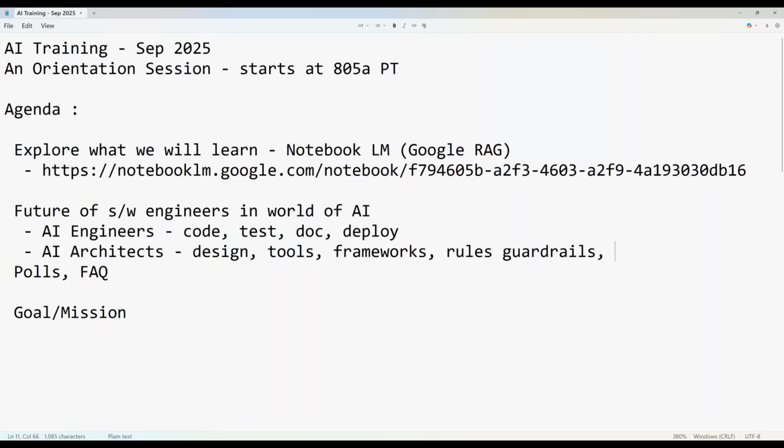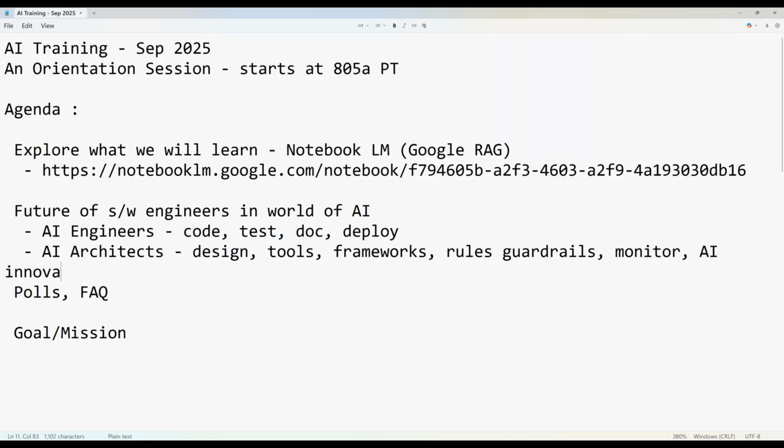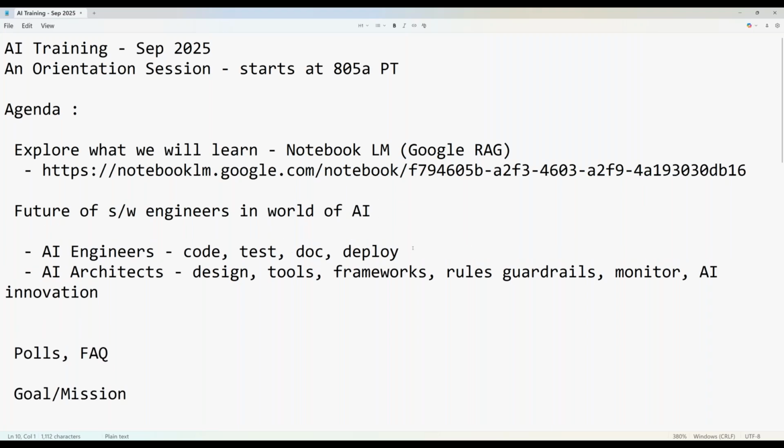And they make sure they monitor and constantly bring AI innovation into the teams. This is all that is their team. If I am an entrepreneur, and if most of the entrepreneurs think the way even I am able to think, all they need is to hire two people, AI engineers and AI architect. Have one architect, have a dozen AI engineers, and you can do a lot of things.